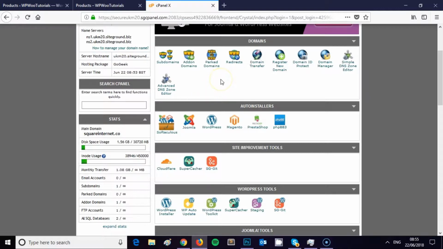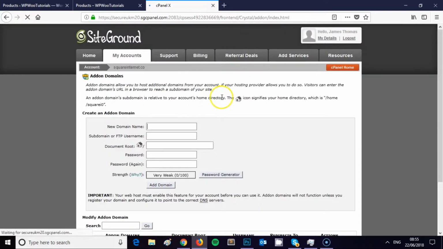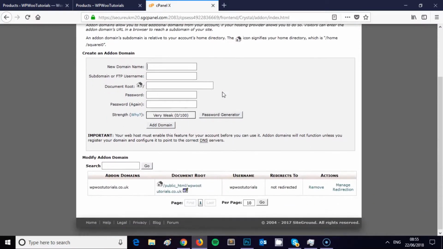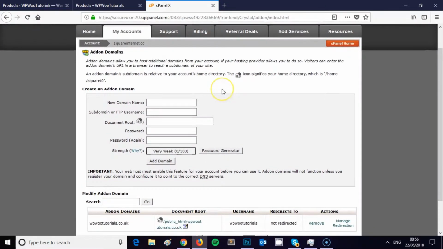So the first thing you need to do is access your CPanel. In SiteGround, you can do this by logging into your account, and then there's a big CPanel button, I think, if memory serves. In GoDaddy, for example, you need to go into your account and then access the CPanel by clicking into the hosting part of your account. And then you need to find the add-on domains button within CPanel, which for me is right here. I'm just going to click onto add-on domains and show you how simple it is to add an add-on